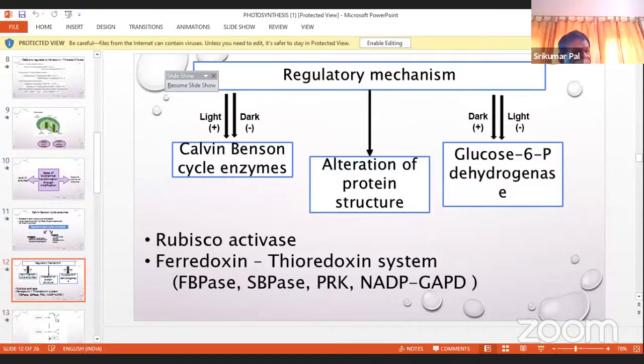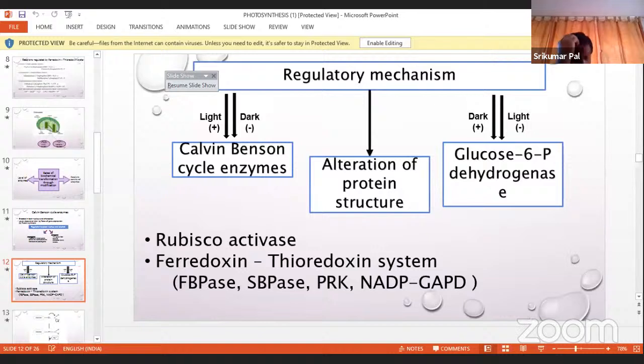Okay, because of the change in redox condition of the stroma, there is a post-translational modification of some of the enzymes, particularly fructose bisphosphatase, sedoheptulose 1,7-bisphosphatase, phosphoribulokinase, and NADP-GAPDH. So the Calvin-Benson cycle enzymes acquire catalytic activity by two mechanisms, and both these mechanisms are associated with the alteration of the protein structure. The first one is Rubisco activase, and the other is the Ferredoxin Thioredoxin system. Rubisco activase activates Rubisco, whereas the Ferredoxin Thioredoxin system activates fructose bisphosphatase, sedoheptulose bisphosphatase, phosphoribulokinase and